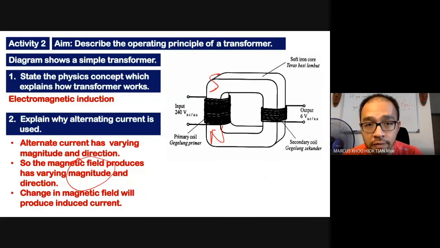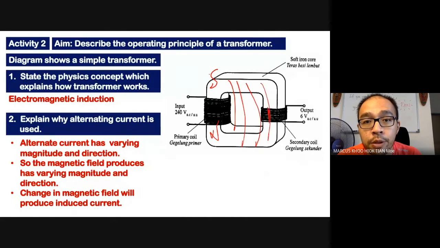So because of that, one moment this side is north, one moment south, and then it changes again. What is going to happen is this magnetic field will be cut here too. So the magnetic field, which is north one moment and south the next, will keep changing. And in the secondary coil, what is going to happen is there is going to be a